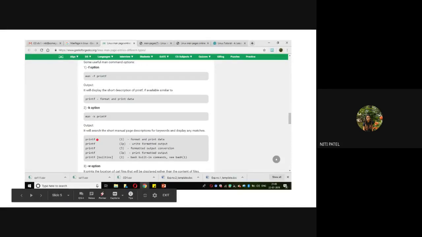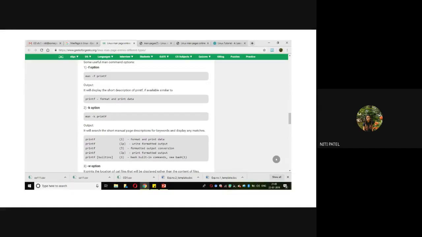Now next, your man command can be used with different options. We had seen one of the options in the crontab command, that was -i and -r. What was -r for? To remove something. And -i was to ask the user before we remove. That was i for interactive. That means it will ask for the user confirmation. And once the confirmation is received, either by pressing Y or by pressing N, the appropriate action will be taken. But if I simply make use of -r, it will not ask for any user option. It will straight away remove. So likewise, there are options used with the man command also.